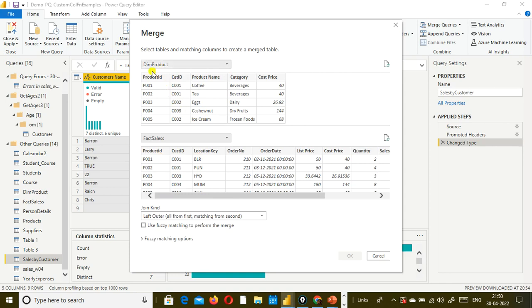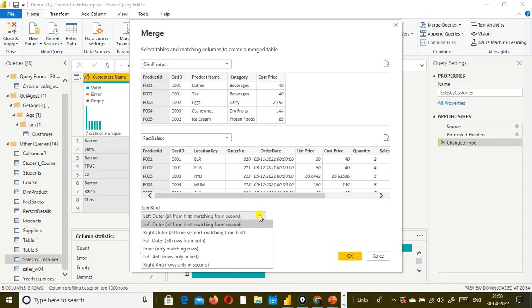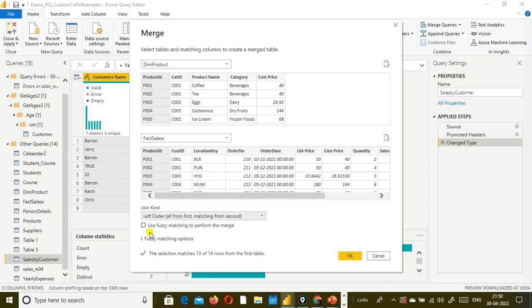What is the common column between these two tables? Product ID and product ID. Fine. So now for join kind, you have some options. Here you can select the type of join: left outer, right outer, full outer, inner, left anti, right anti. So left outer is, if you click on it,